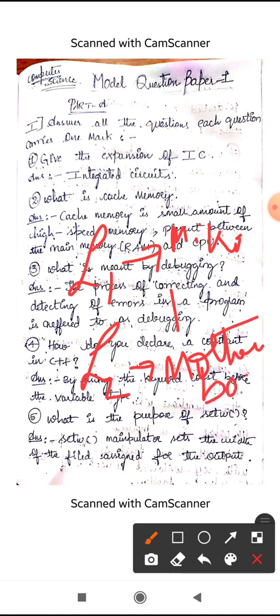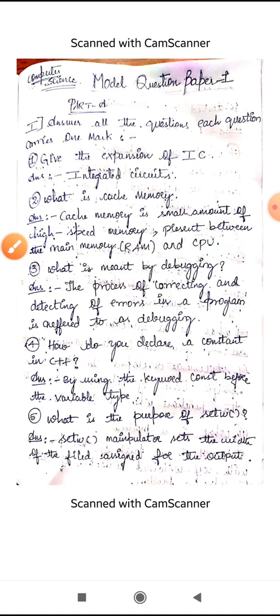So they may ask for the cache memory explanation even for 5 marks. There you have to write a clear explanation for the cache memory. L1 cache memory will be present inside the CPU, that is, on the microprocessor chip. And L2 cache memory, where will it be present?